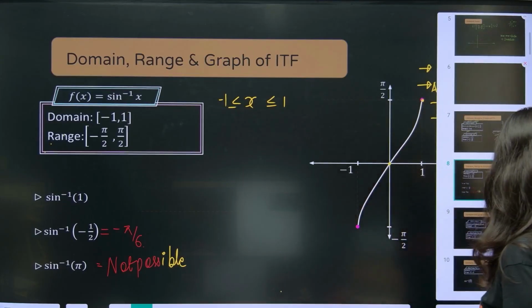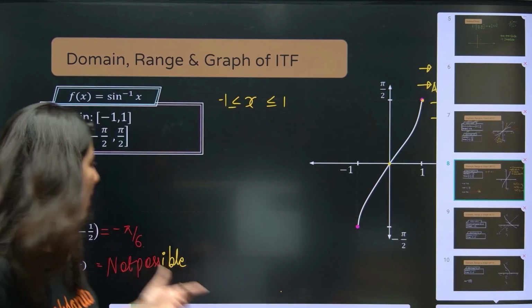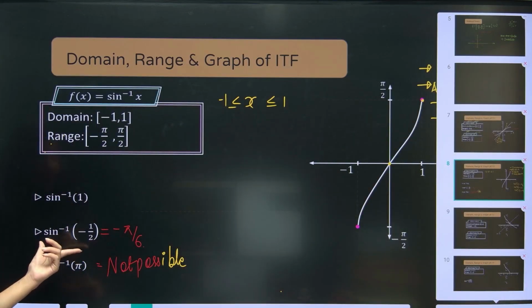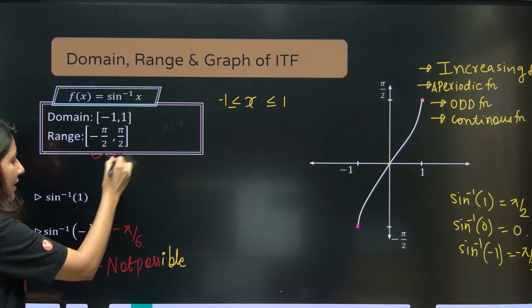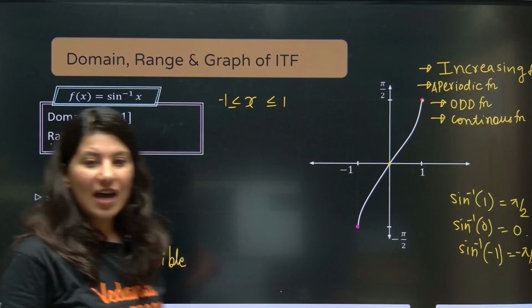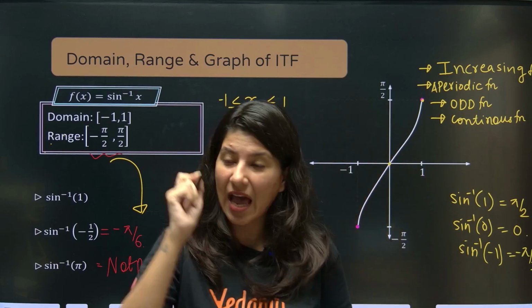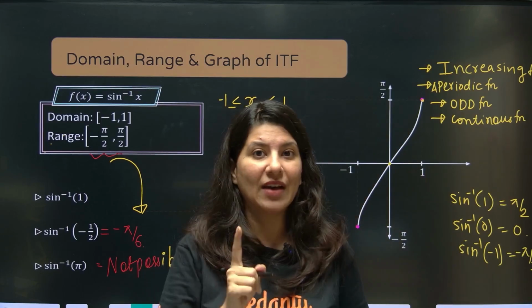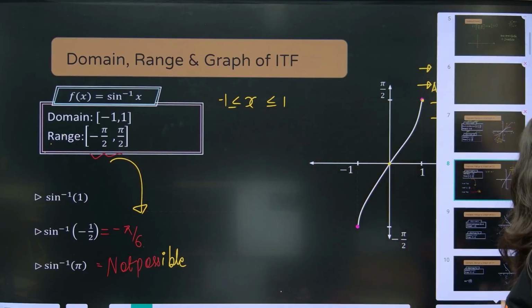All right. Okay, now I think Ibu is asking, ma'am, can I write 5 pi by 6? No, you can't write 5 pi by 6. You have to give your answer in this particular range. We have a restricted range, okay? So answer will be absolutely unique. Sine inverse minus half will be absolutely one single value, which should lie between minus pi by 2 to pi by 2, okay?